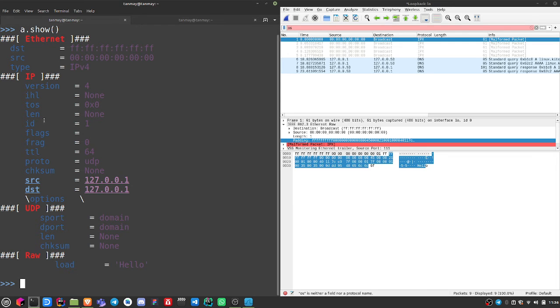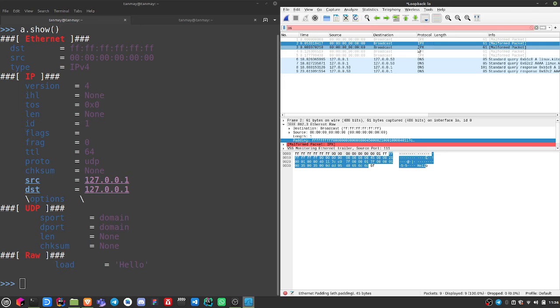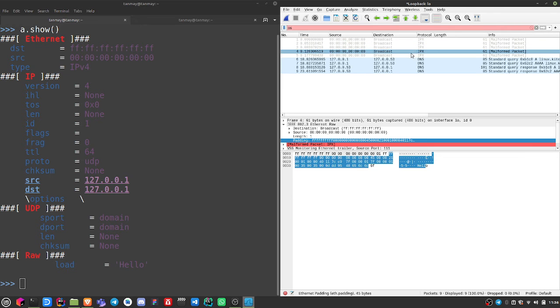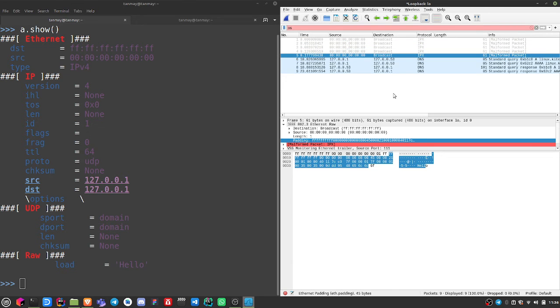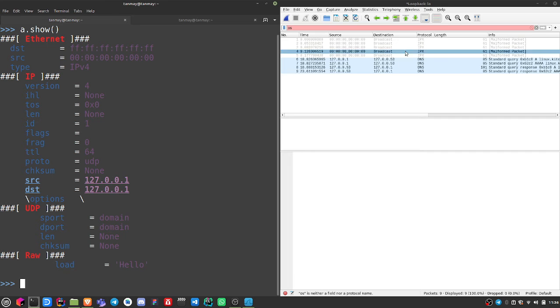Actually, the size of this complete packet is 61, that's why we were looping back to send the same packet, and we got 5 packets with length 61, and all the details are actually the same. We are not sending any different packet. Okay, we can also give a much more complex